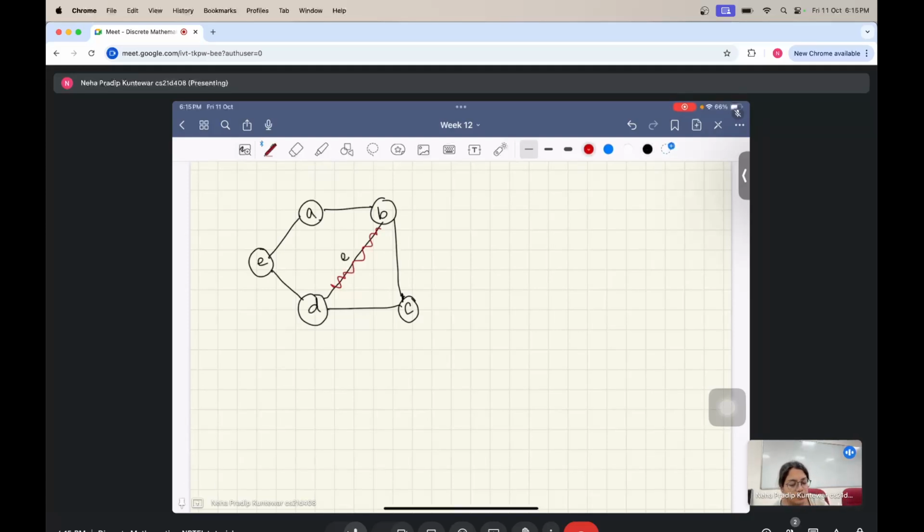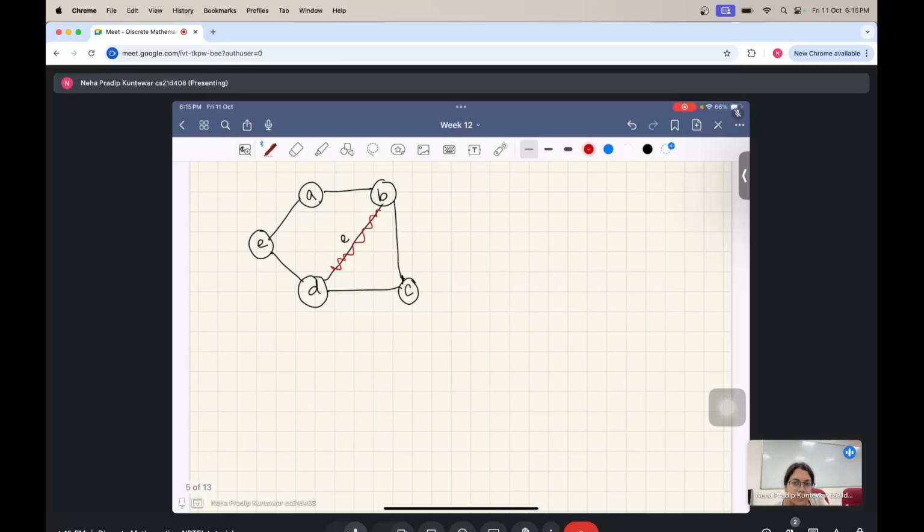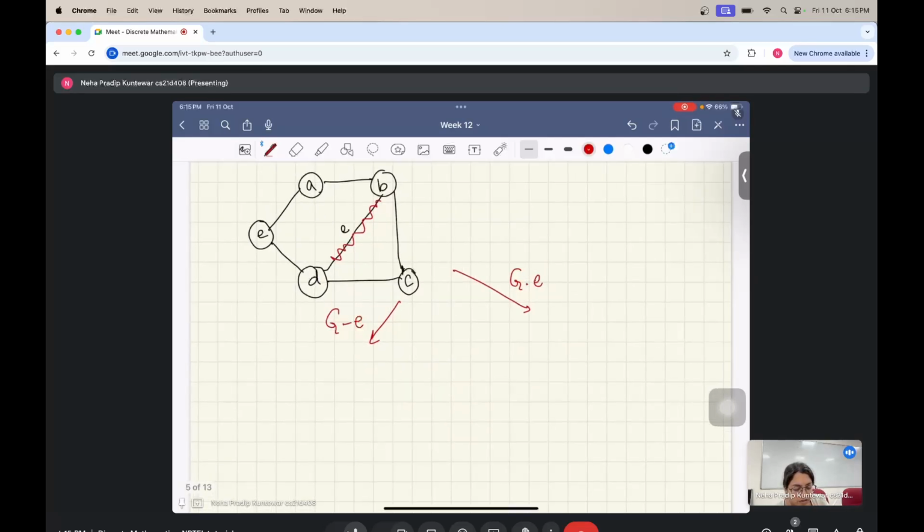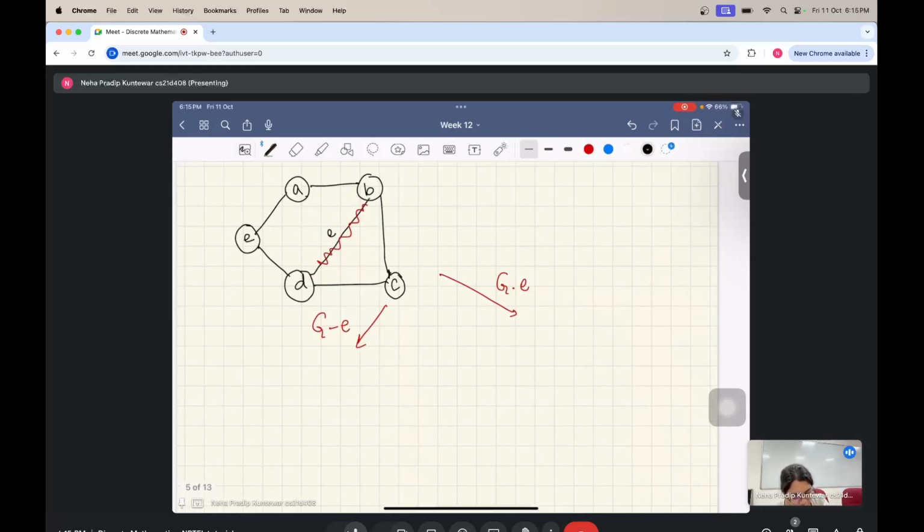Okay, so what I'll do is I'll split this into two cases. One case is where I'll delete the edge, the other case is when I'll contract the edge. So let's look at what the graph looks like. In case of deletion, you're just removing this edge from the graph. So what does the graph look like? You have E, A, B, C, D,